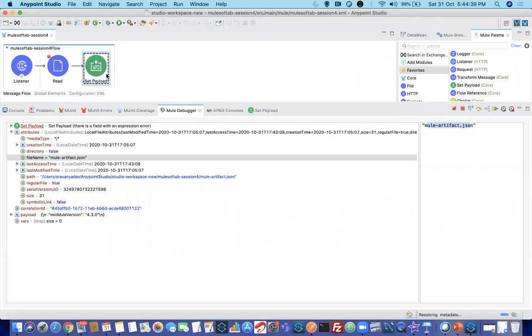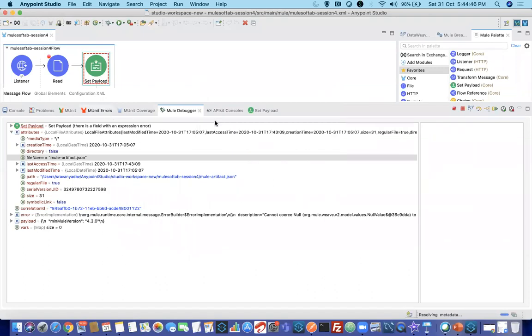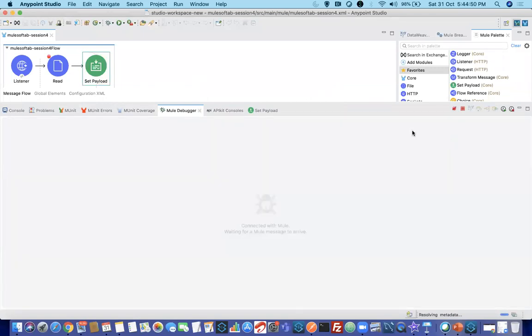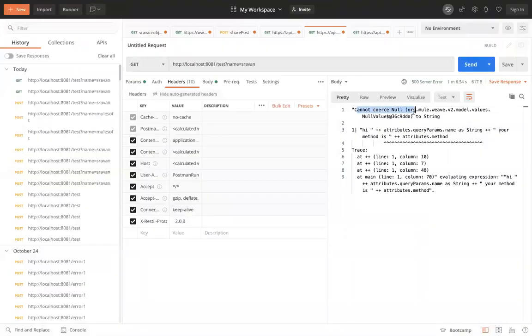But still in this payload I am using it, so it will throw an error. I'll show you what it will say. It is saying cannot coerce null to string.